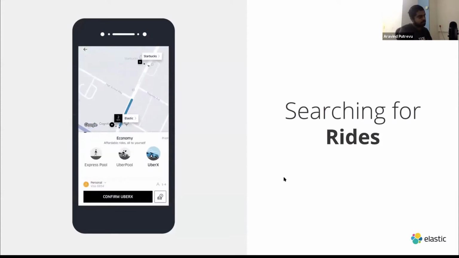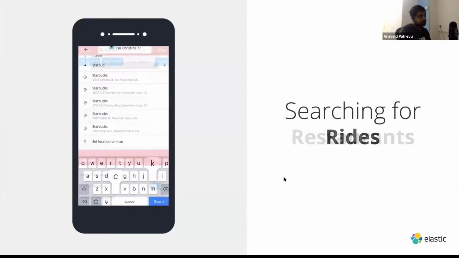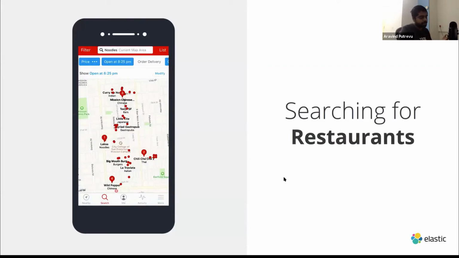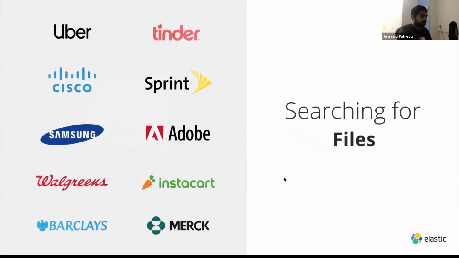It might be an e-commerce site, something like Uber, Lyft or ride sharing apps, or finding food. Multiple use cases, because search is a common thing, and people use it for all sorts of use cases.